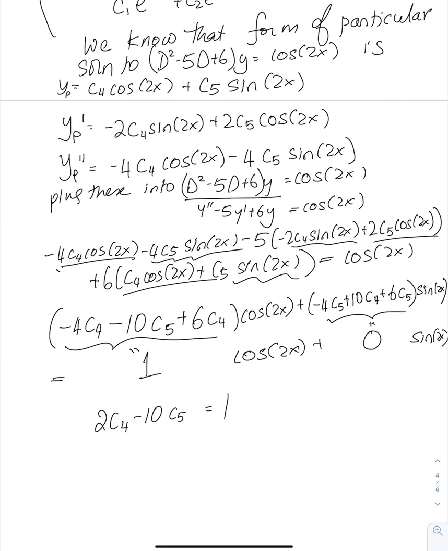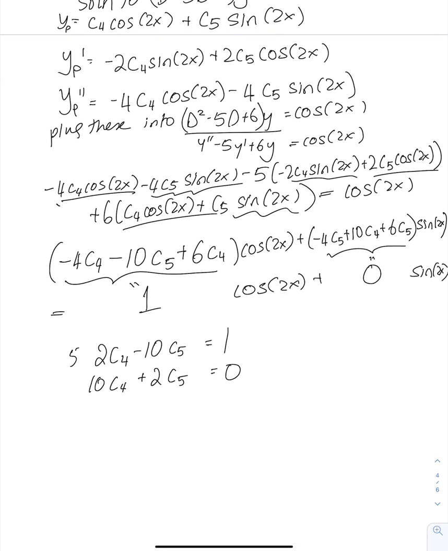And what do you have? 10c4 plus 2c5 is 0. All right, multiply this by 5. You get 10c4 minus 50c5 is 5, and you have 10c4 plus 2c5 is 0. So subtract one from the other, and you'll have minus 48